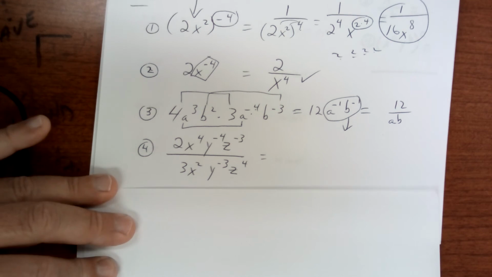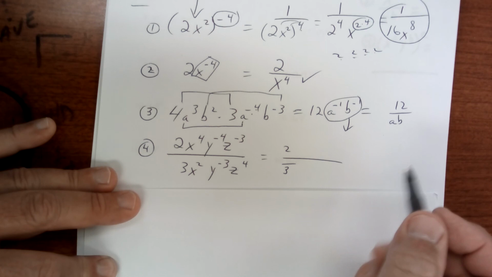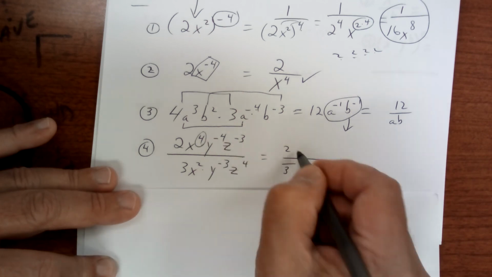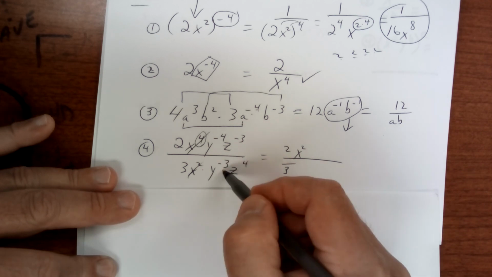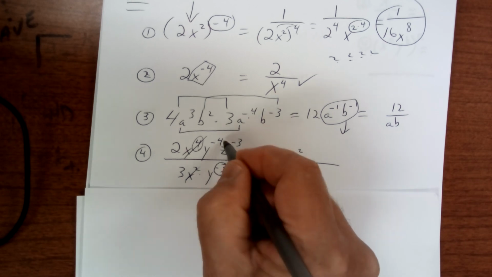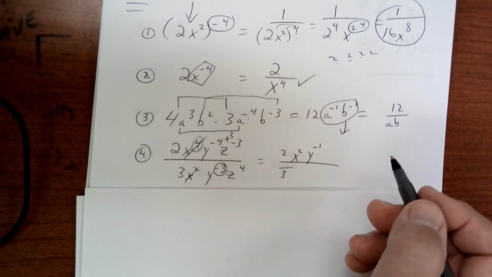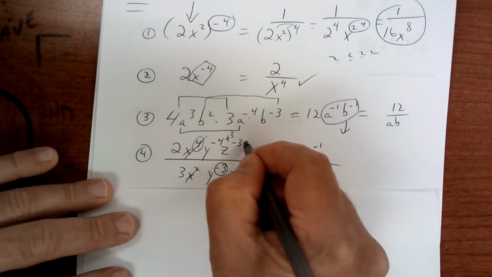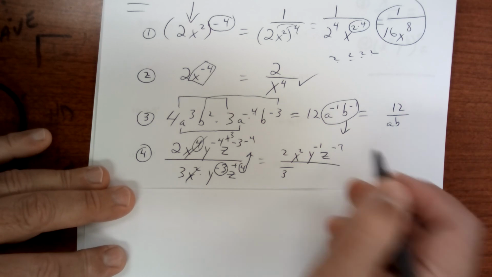This one right here, you can't reduce 2 over 3, so just leave it as 2 over 3. This one, you have more x's at the top. So you have 2 more at the top. This one, let me think about this. If you bring this up right here, this becomes a plus 3. That's still going to give you y to the negative 1, and then you're going to have to drop that down. If you bring this one up, that gives you a negative 4 because the sign changes. So that gives you z to the negative 7. So your final answer